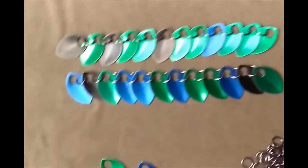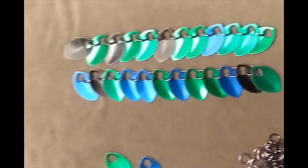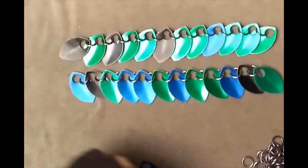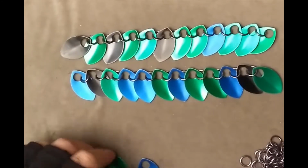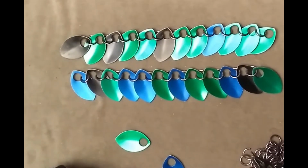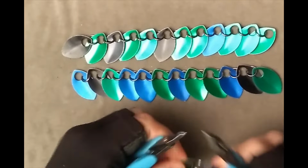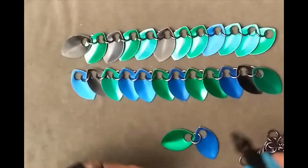Hi, today we're going to work on the scale mail connected in a zigzag pattern. To start, I'm going to be using the large scales with 16 and 5/16 inch rings. And when you connect the scales together, you'll notice that it's essentially